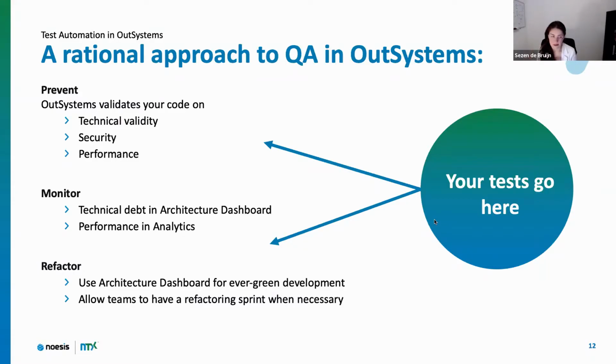The second place where it fits in is in the monitoring area, because when you are monitoring in production whether the performance is going well and the technical debt is good, etc., you also want to monitor that you still have all the functionalities that you used to have. So this is where we talk about testing regression sets that come in here. It's basically a way to monitor if your functionalities are still going on. So I already mentioned you can do this manually or automated.